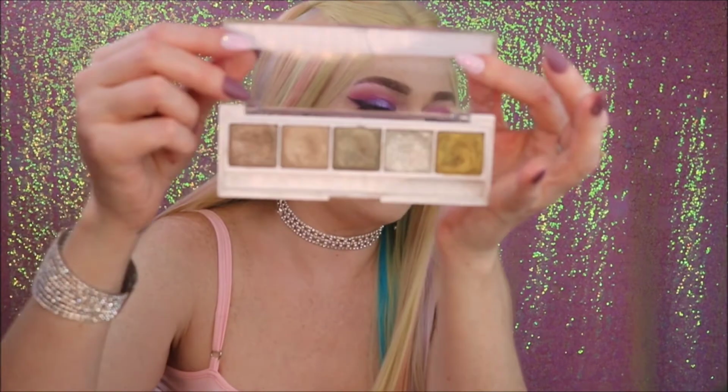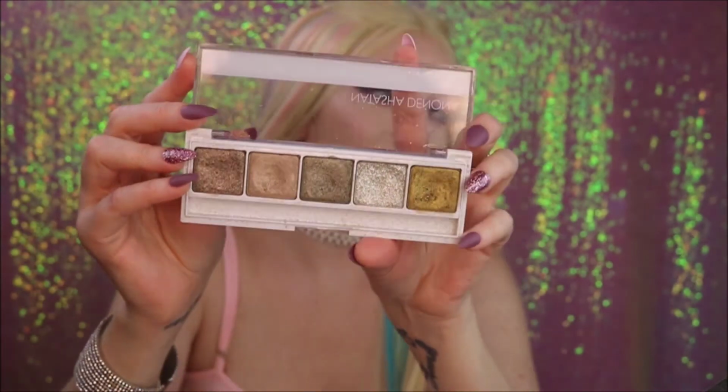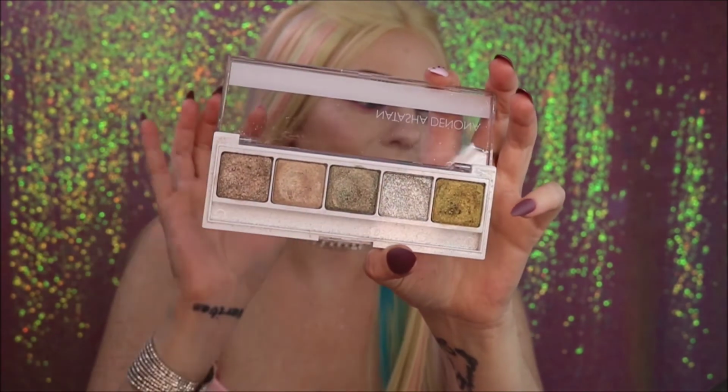love with the shimmer formulation. The mattes, I could do without, but the shimmers, they're bomb. Oh my gosh, I love, this is the palette number 9, and all of these colors are so unique, and I love that this one is all shimmers because that's what I wanted. They're stunning. This silver industrial,